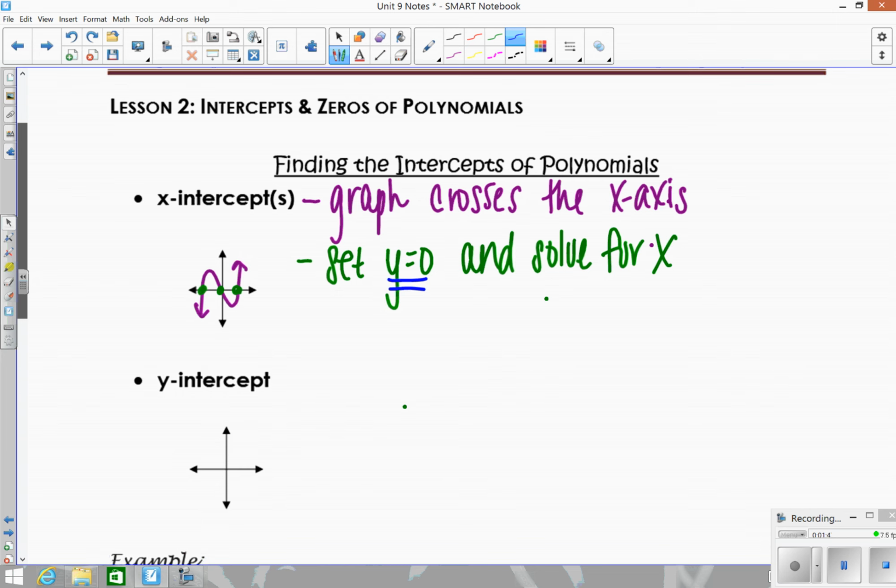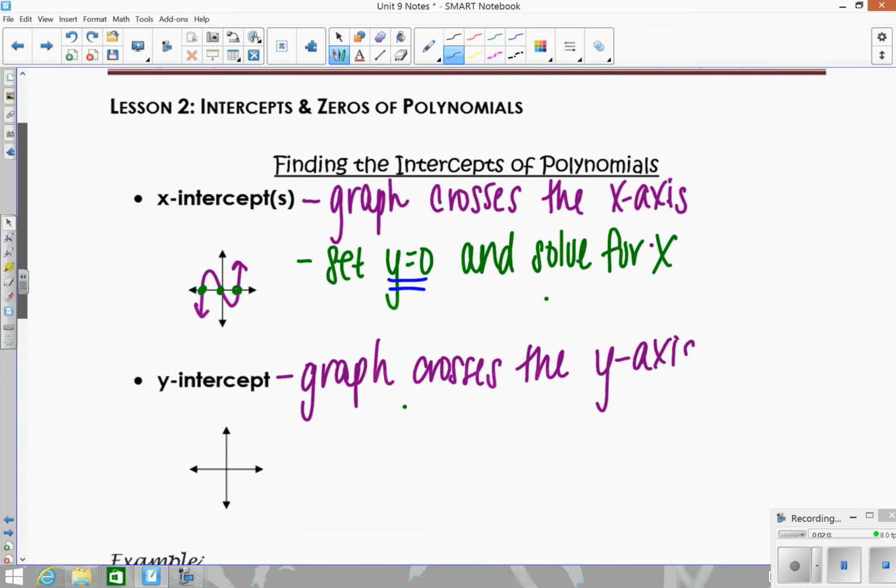The y-intercepts can occur whenever the graph crosses the y-axis. So this is whenever the graph crosses the y-axis, which is why they're called the y-intercepts. And in order to figure out the y-intercepts, you do the opposite. You would set x equal to 0 and solve for y, which is actually much easier